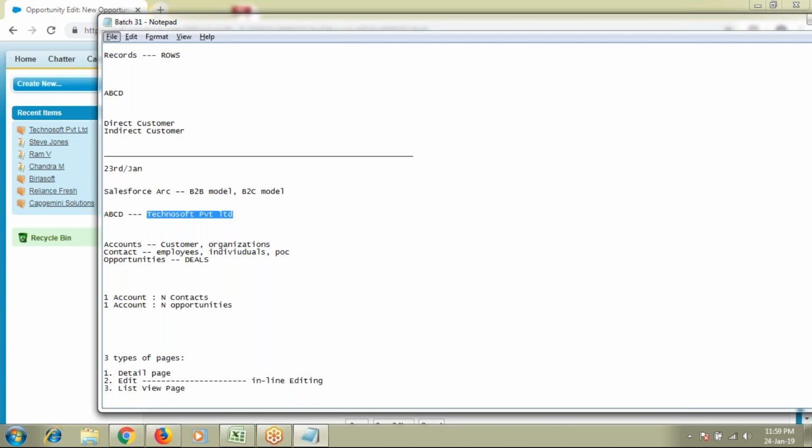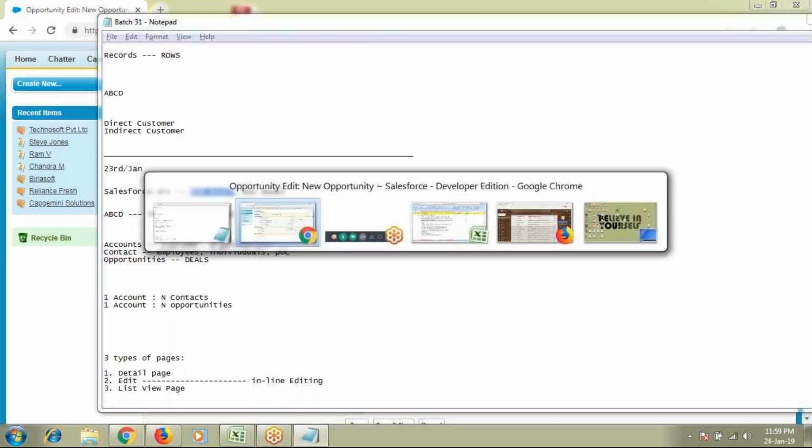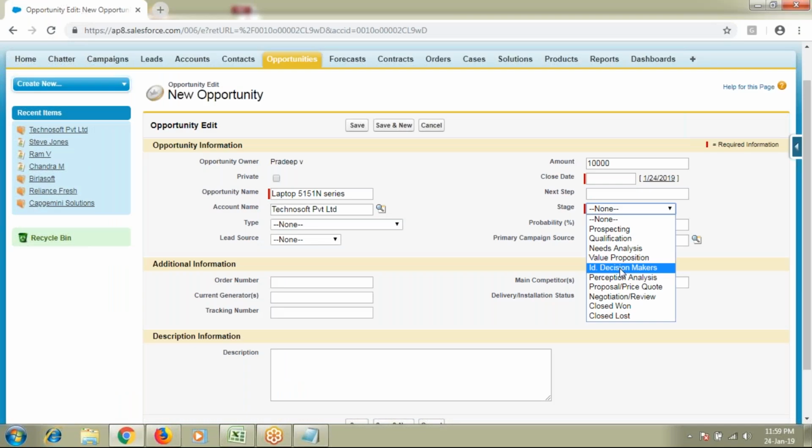So there is such a lengthy process in the B2B model, business to business model. From the time they place a request till the time they get the products, there are so many stages involved. And if everything goes smoothly, finally the stages will reach the closed one.